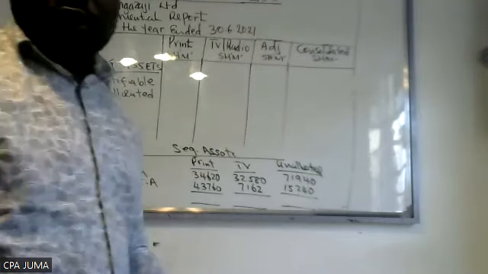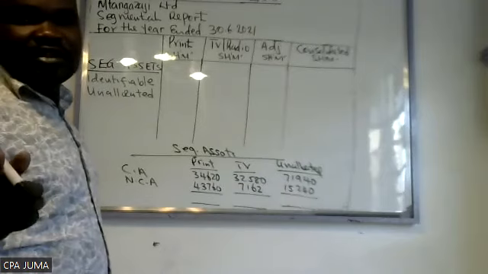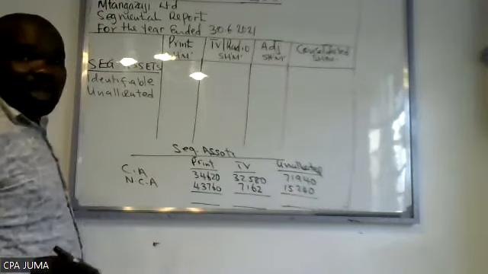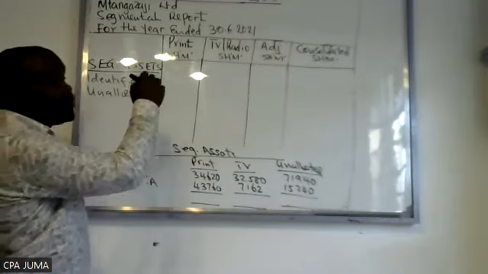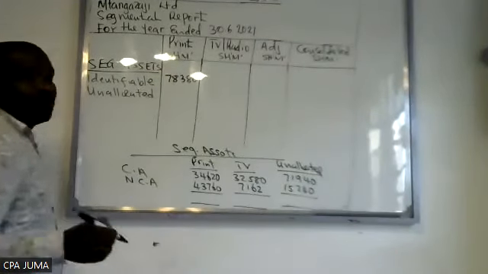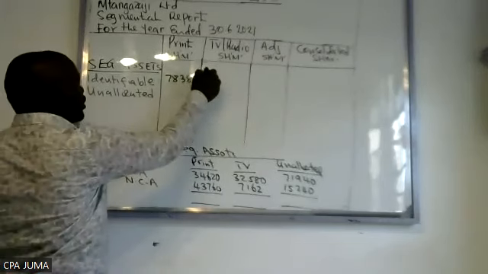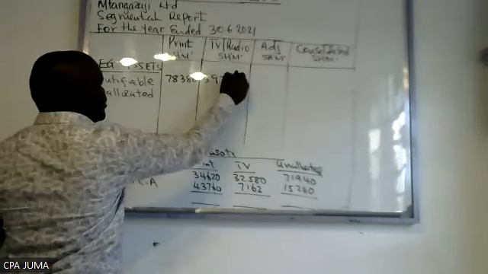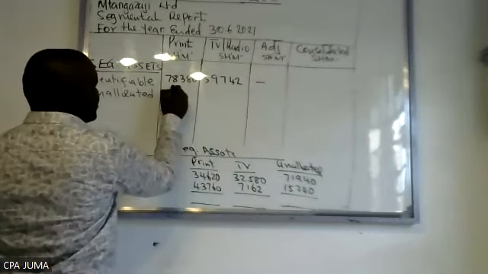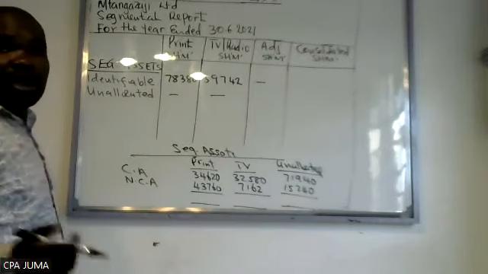Thank you, Vera. You're confirmed. So 78,380 for print. 78,380 for TV, 39,742. Nothing to adjust. Then for unallocated